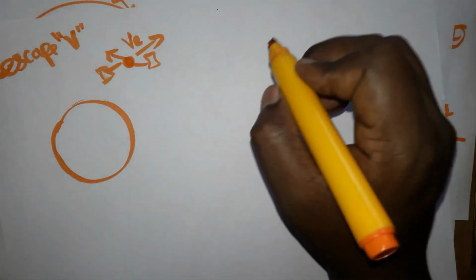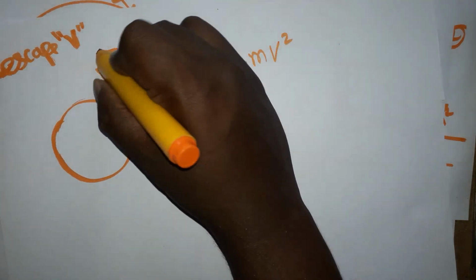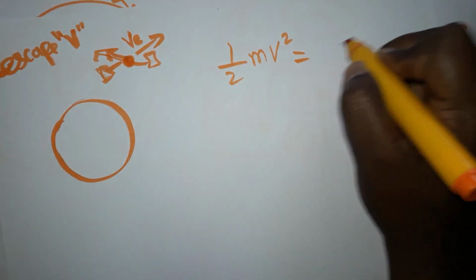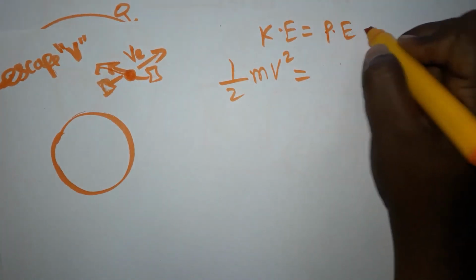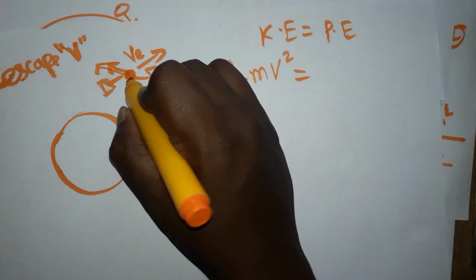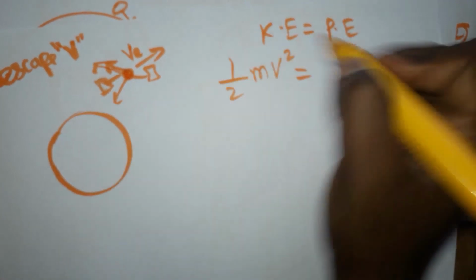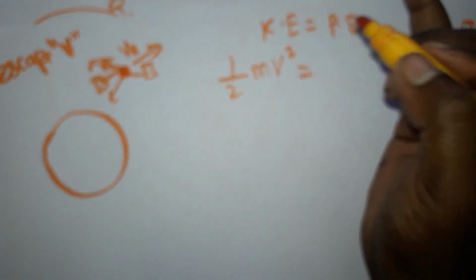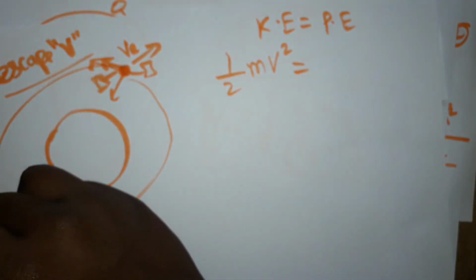Okay, so let's take a satellite as an example. For kinetic energy of 1/2 mv², the kinetic energy of the satellite is equal to the potential energy of the satellite, and we have to maintain this case. When this happens, the satellite is not going to revolve in the orbit, it's going to come down. When it exceeds this velocity, that is when it's going to revolve in the orbit. That is called the escape velocity.